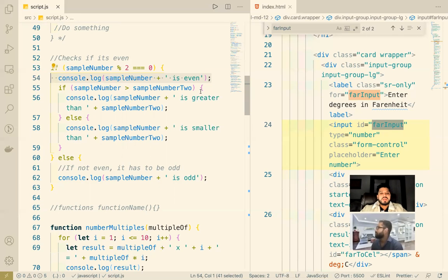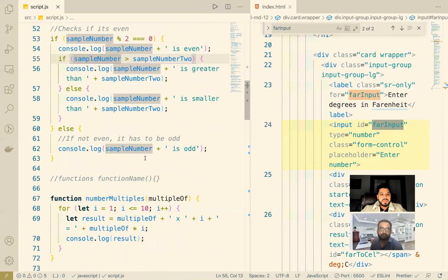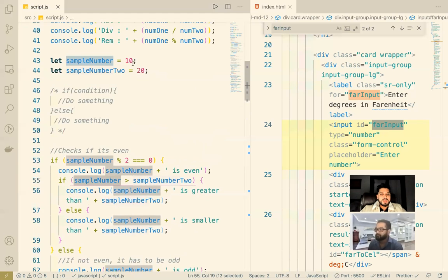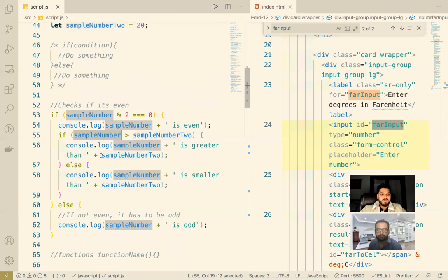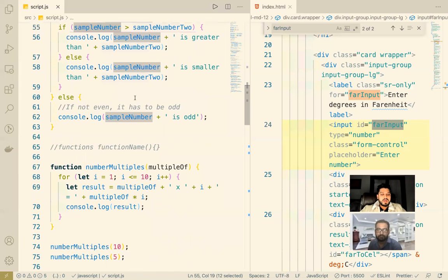আমরা শুধু ইভেন অড খুঁজছি না, আমরা চাইছি যদি নাম্বারটা ইভেন হয়, কারণ যেহেতু আমাদের কোড এটা এখানে ভিতরে এক্সিকিউট হচ্ছে, আমরা চেক করব নাম্বারটা ইভেন হলে এই স্যাম্পল নাম্বার 1 টা কি স্যাম্পল নাম্বার 2 থেকে বিগার নাকি স্মলার। যদি বিগার হয় তাহলে আমরা প্রিন্ট করব ইজ গ্রেটার দেন, সো আমরা বলবো স্যাম্পল নাম্বার 1 which is 10, স্যাম্পল নাম্বার 2 হলো 20, is greater than স্যাম্পল 2। আর যদি ছোট হয় স্মলার, বড় হলে গ্রেটার।